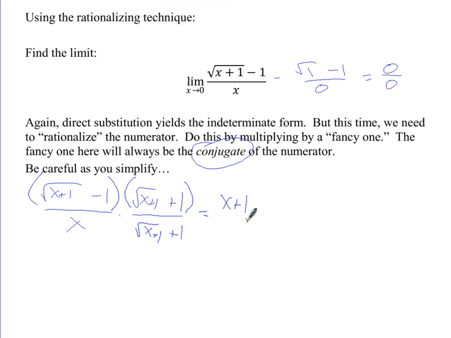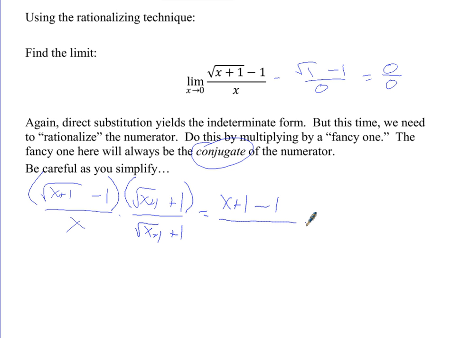If you don't remember that, we're going to have the O term. 1 times the square root of x plus 1 is positive square root x plus 1. Negative 1 times the square root of x plus 1 is negative square root x plus 1. You put those together and they drop out. That's the beauty of conjugates. The O and the I in FOIL disappear. So now we just need to multiply the L, which is negative 1, divided by